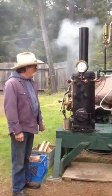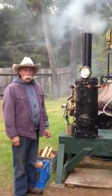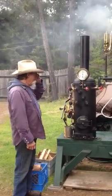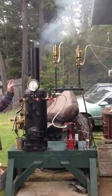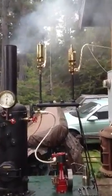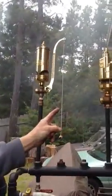Well, this is a 12-inch vertical fire tube boiler that I built from scratch. And we're just building pressure up here. We're going to test these whistles that are prototype Parsons whistles. One is a 2 7/8 inch 3-chime whistle. That's this one here. This one here is a 3 1/4 inch